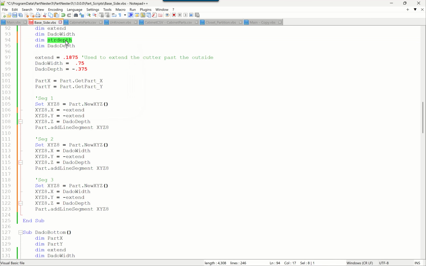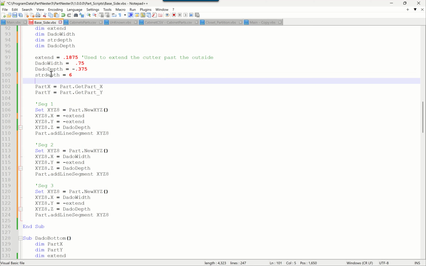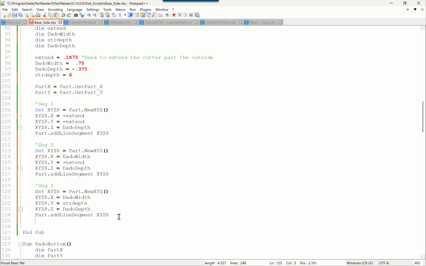Again, variables could be made up words as long as you could understand what they are going to be meaning later on when you go to look at this a few months from now. So with that being equal to 6 inches, we're going to give the Y the value of the variable that we just declared. So coming back in, changing the 0.4,